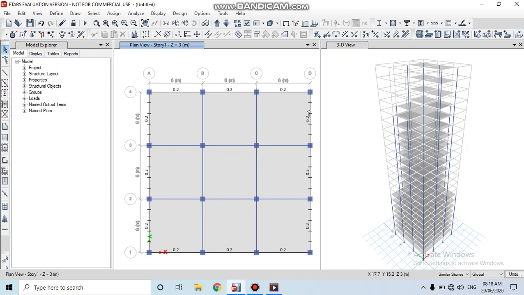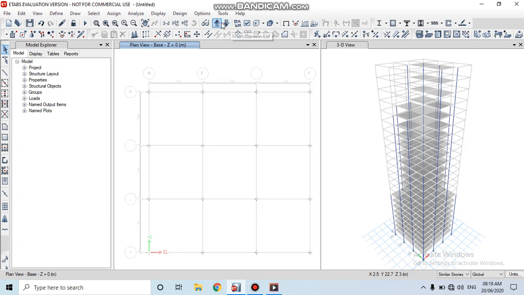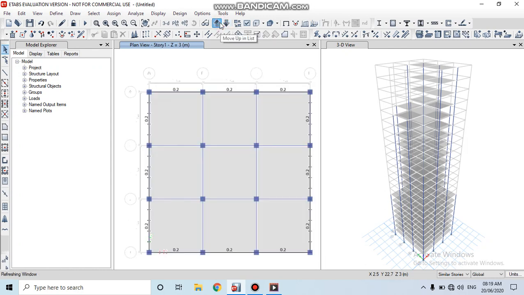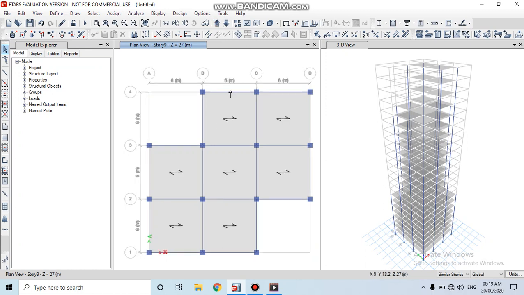Then go to the story from 9 to 14. Here the option should be similar stories is to be set. Then select the exterior beams.